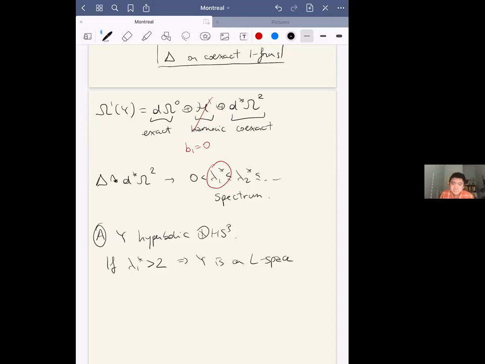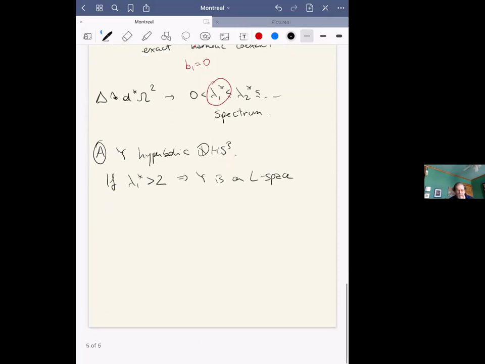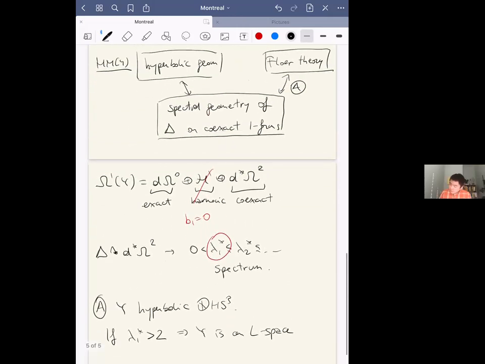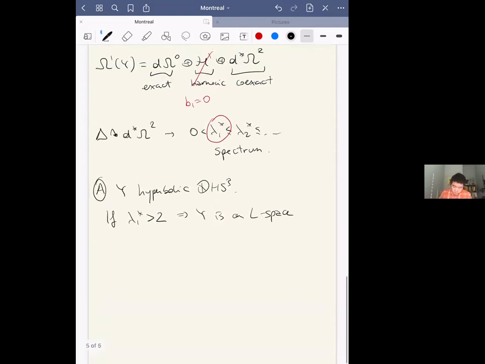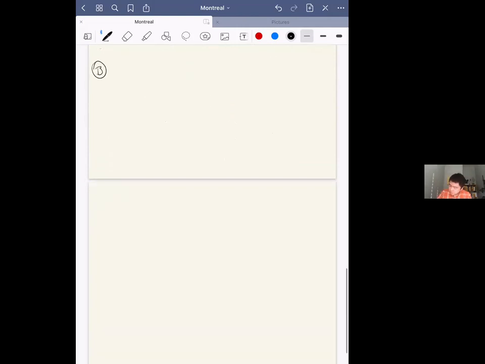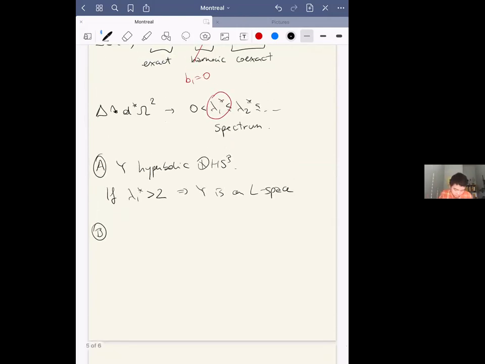Okay. Thanks. So this is how you relate Floer theory and spectral geometry. And for the other direction, we use a completely different tool, which is the Selberg trace formula. So let me just write it out. This is some tool that comes from harmonic analysis and representation theory. So we'll use the Selberg trace formula